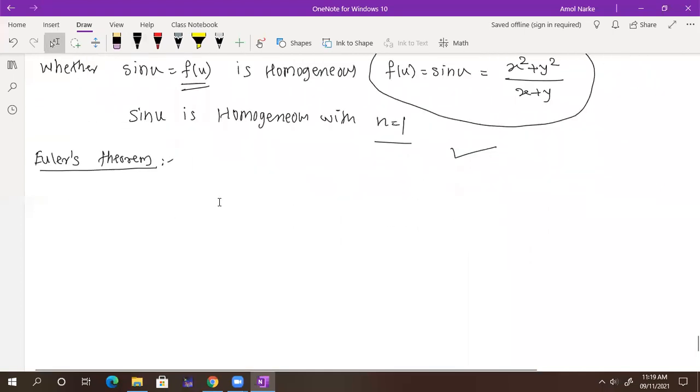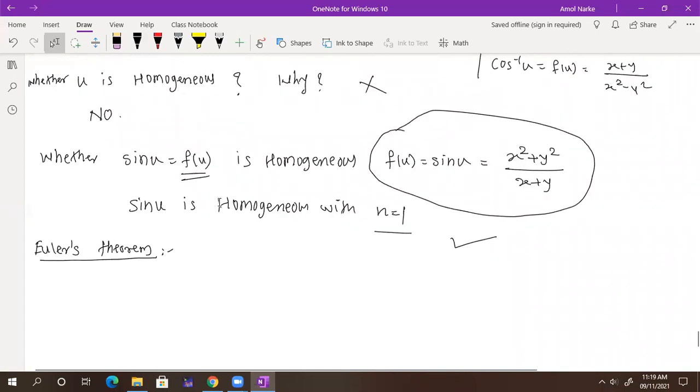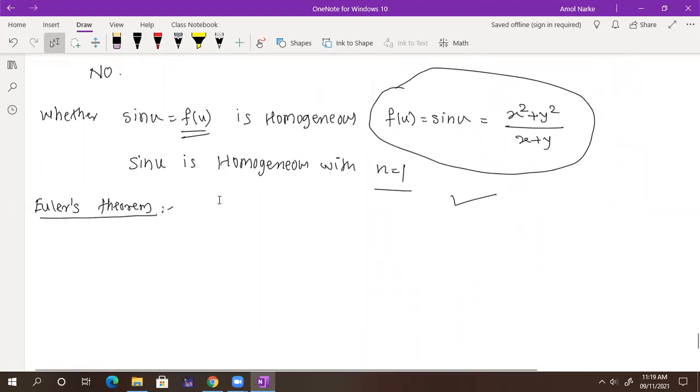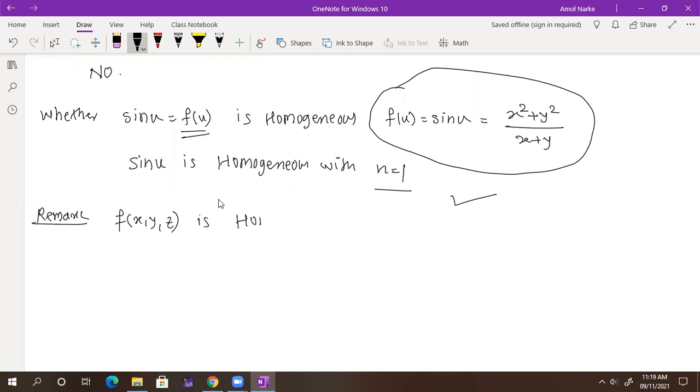Okay. So what is our statement? Before going to start, I will give you the remark later on. What happens when we have three variables? So I will give it right now. Okay. So Euler's theorem we will just keep for 2 minutes. So you can write down the remark. Suppose you have f of x, y, z homogeneous with degree n, then